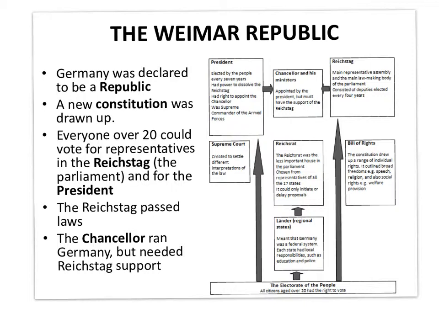Before 1918, in fact, for the best part of 45 years or so, Germany had been an empire. Now, an empire is a country that is ruled by an emperor, and an emperor is a monarch. Like England today, we have a monarch. Our monarch is a queen. What does a monarch mean? A monarch means that the head of state inherits their position by birth.